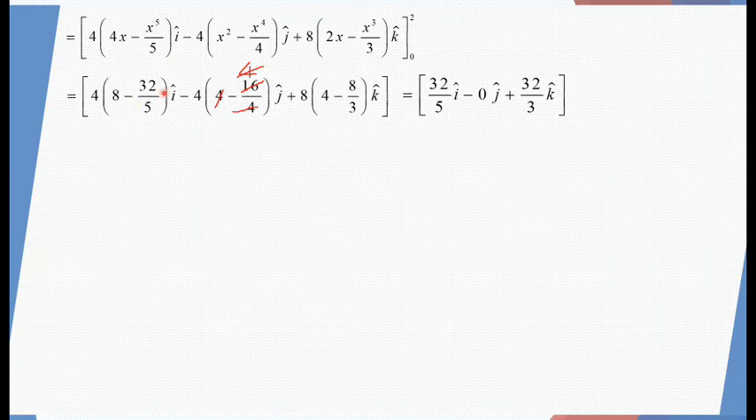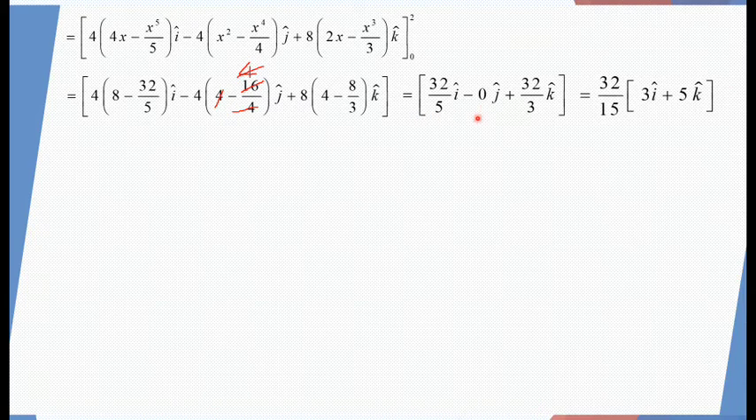So 8 minus 32 by 5 will be, 8 times 5 is 40, 40 minus 32, that is 8 by 5, multiplied by 4, that is 32 by 5 i. And this is 4 minus 4 cancelled out, so it will be 0 j. And 4 times 3 is 12, 12 minus 8 is 4, so 4 by 3 multiplied by 8, so 32 by 3 k, or we can take 32 as a common,